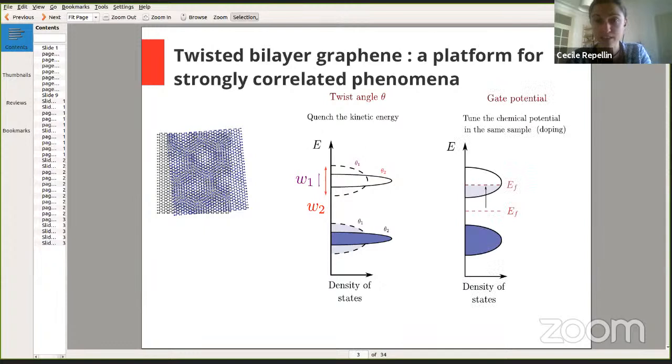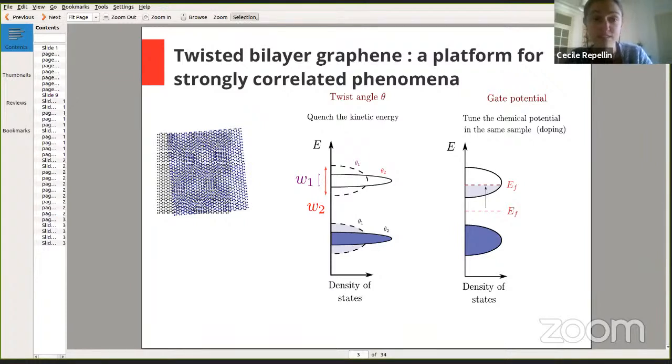Another thing that makes twisted bilayer graphene a very nice platform is the possibility to gate it, which is the same as for graphene or other 2D materials. It's possible to add a gate, and just by changing the potential of this gate, to tune the chemical potential in the sample, which in a more regular quantum material you would have to do by chemical doping to change that property. So thanks to this versatility and these properties,